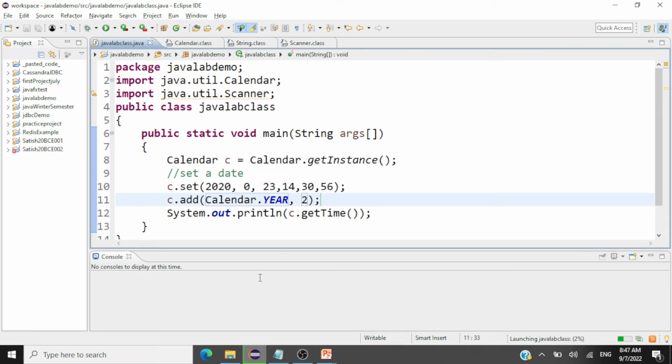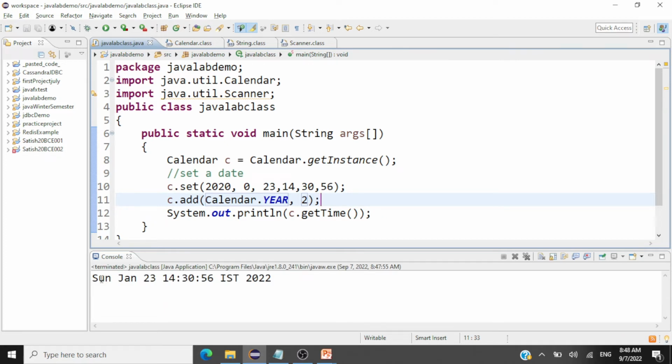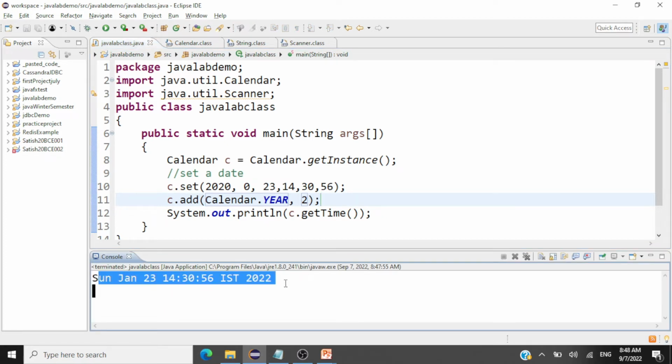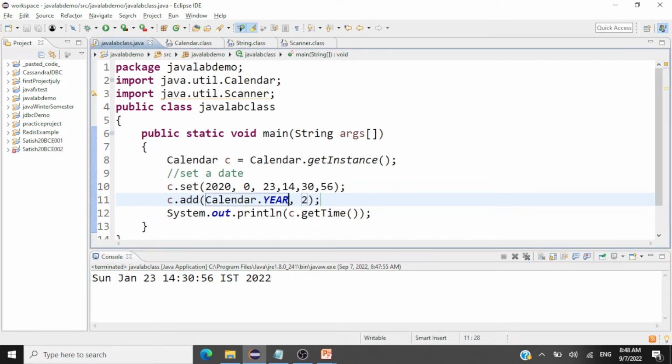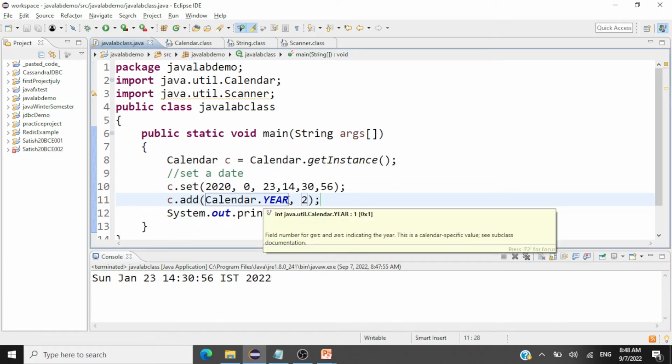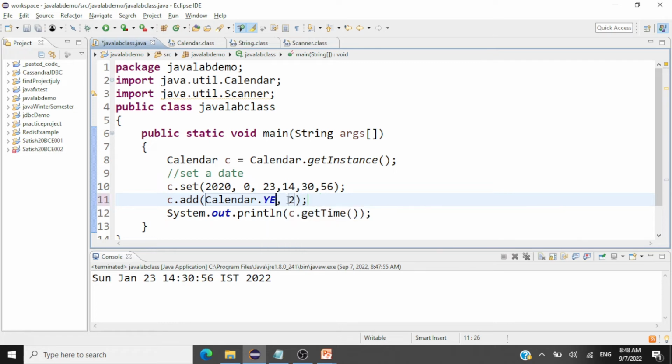So it should be 2022 Jan 23rd, 14 hours, 30 minutes and 50 seconds. So you're able to see here, 2 years got added. Suppose you want to add a number of days, say 2020 Jan 23rd. I want to add 2 days. Then what I should do,